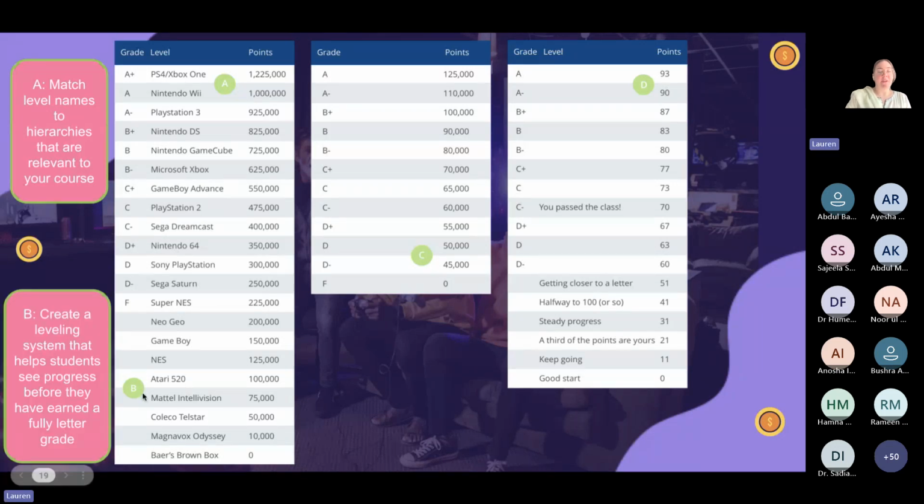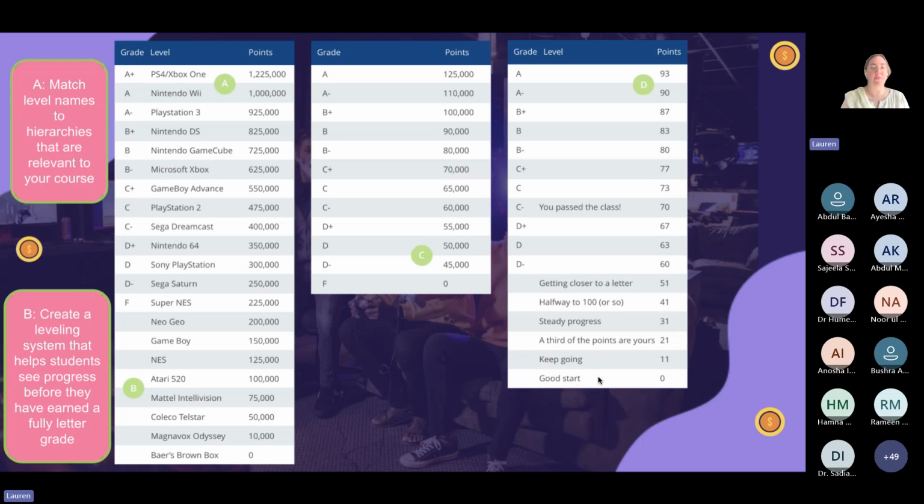All right, B down here, they created a leveling system that helps students see progress before they fully earned a letter grade. So letter grade over here starts at F at 225,000 points for this course. And even below that, they have levels for what comes before that. We can also see it over here in the bottom of the third column. This is maybe a little bit easier for us.